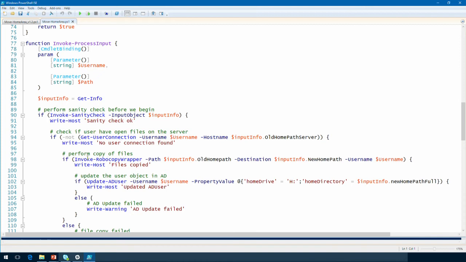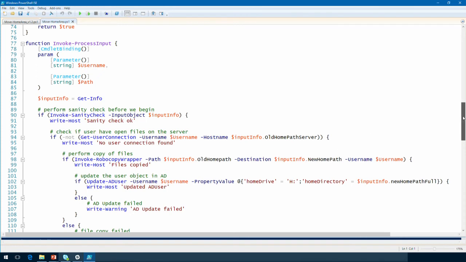And then we have the wrapper itself, which will copy files, of course. And if that goes okay, then we are okay to update the Active Directory user. In this part, we had to add some additional logic because we wanted to do a file copy even if there were connections found, to save some time.